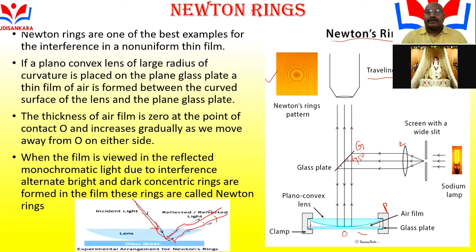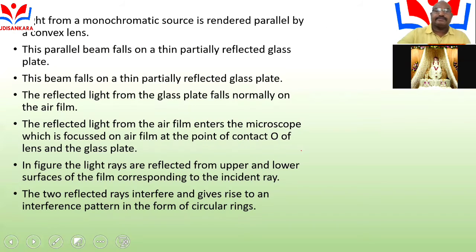So what are Newton rings? The incident monochromatic light falls on a glass plate G at an angle of 45 degrees to the vertical. The light is transmitted and reflected. These reflected light rays reach the upper surface of the microscope and form concentric bright and dark rings. So, my dear students, the rings are dark, bright, dark, bright continuously. These concentric bright and dark rings were discovered by Newton and are called Newton rings.